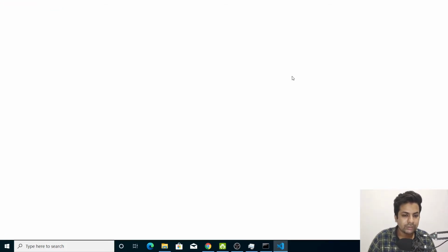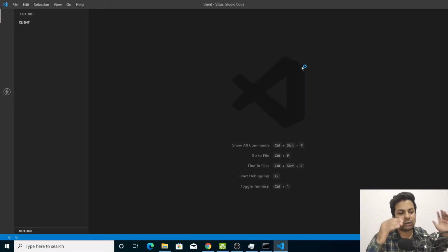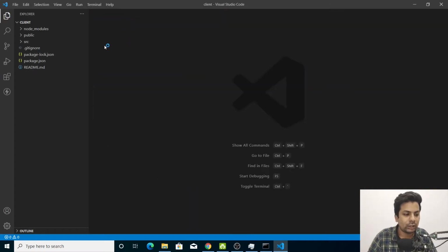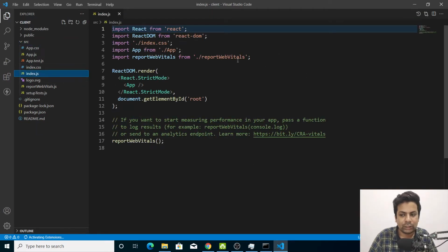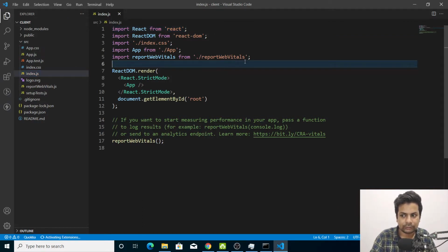So we'll open with code. Our server is already running on port 4000 localhost. So we'll firstly go to index.js, and here we'll do some changes. So what changes we need, we'll say import, from @apollo/client.